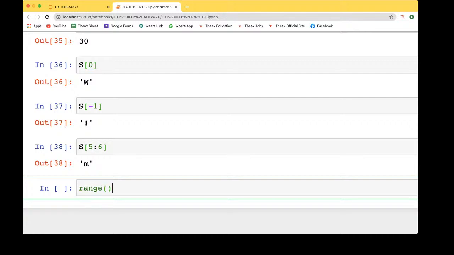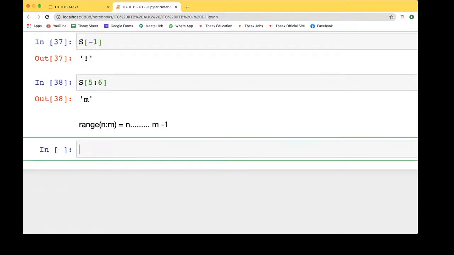Whenever you take a range of numbers from n to m, you will always see numbers starting from n, and it will go till m minus 1. Cool. So range of n to m will always be n to m minus 1.